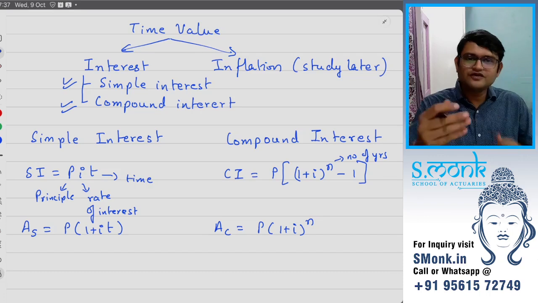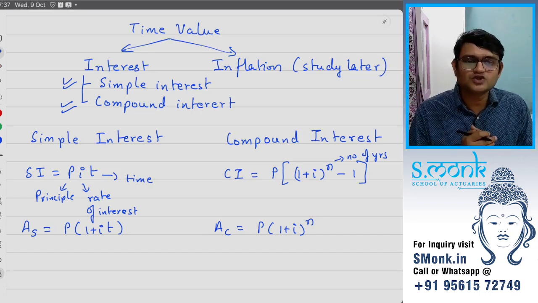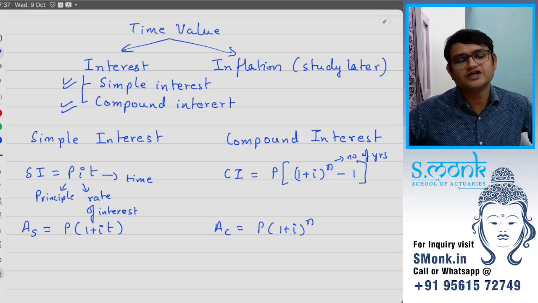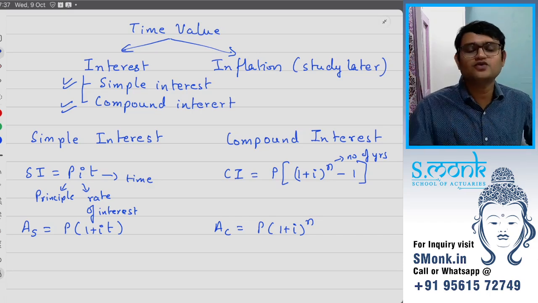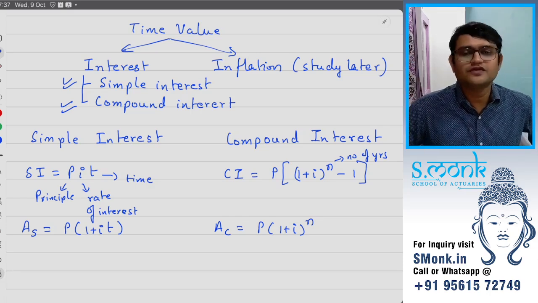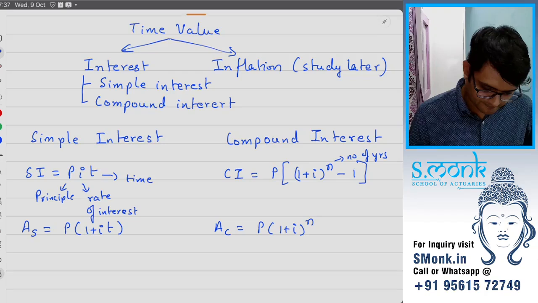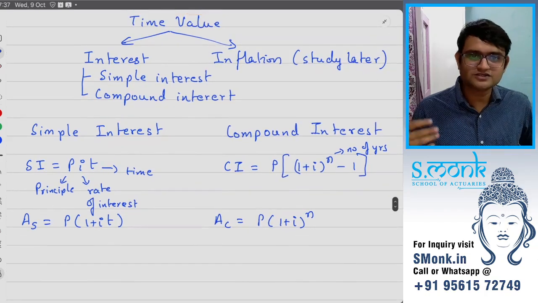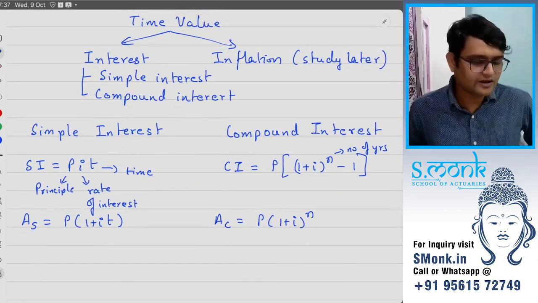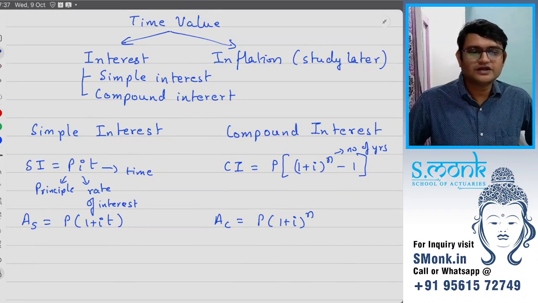Okay, so then we will never be in sync. I will say no, I will charge you compound interest. You will say no, I will give you only simple interest, and we will never come to an agreement. So that is not how it works. Anybody else? Anybody wants to try? Why do we learn two different interests?